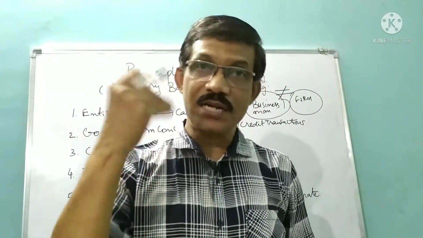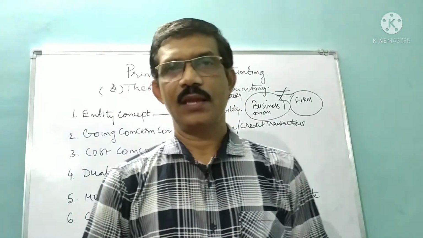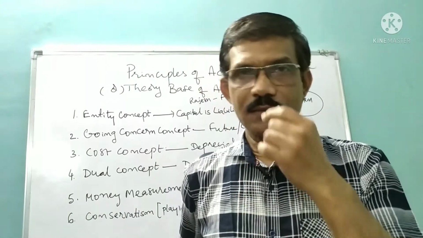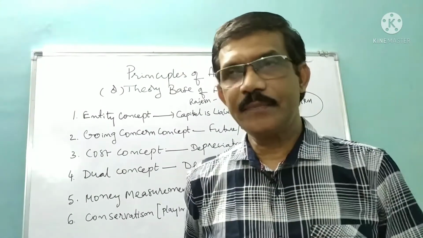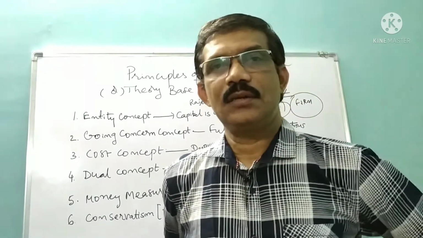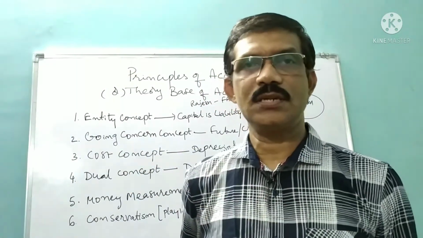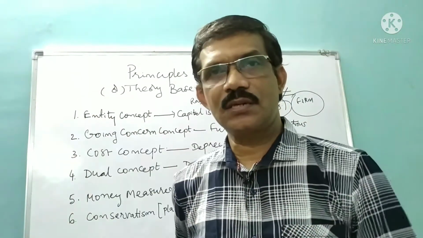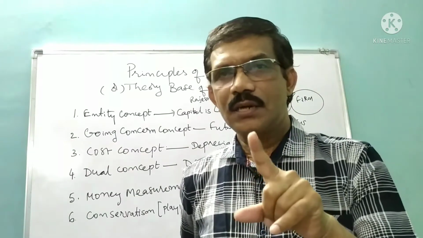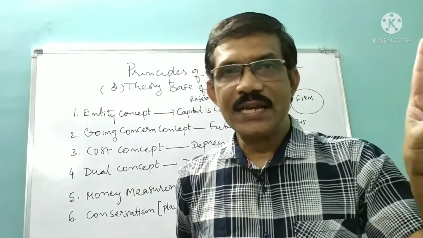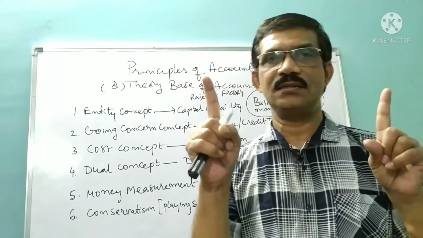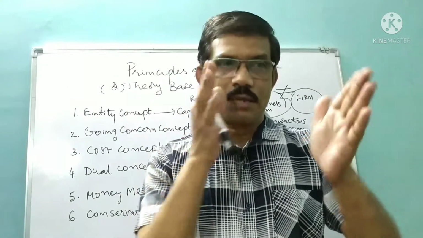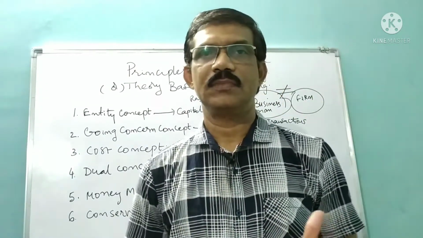You will understand it better if I give one more example. Suppose in the newspapers you see that State Bank of India has earned, say, 10,000 crores profit. Tata company has earned, say, 50,000 crores profit, right? They are not saying the owner has earned profit. They are saying the company has earned the profit. Try to understand. So the company and the owner are different, right?